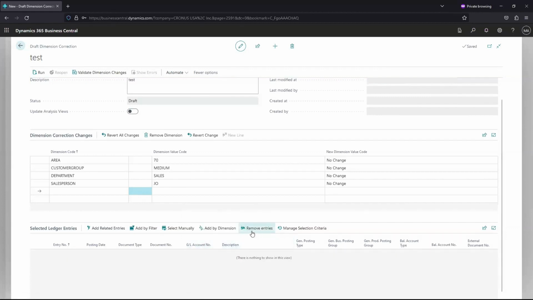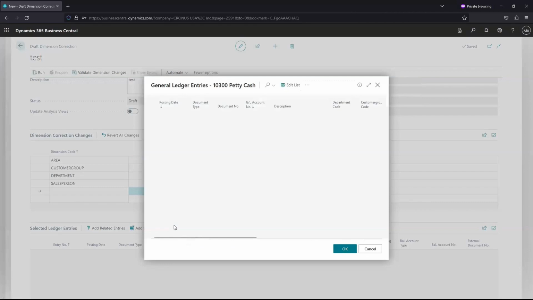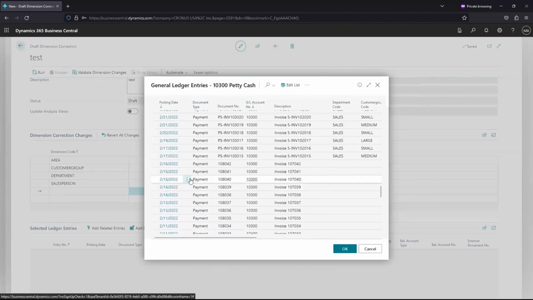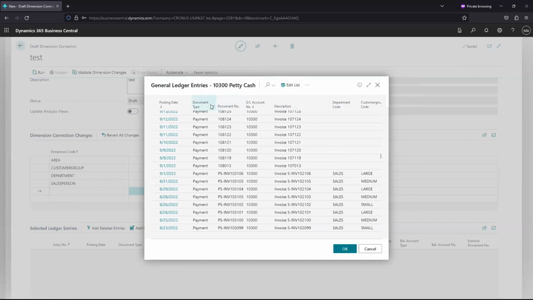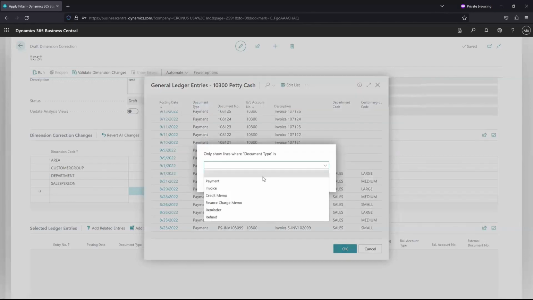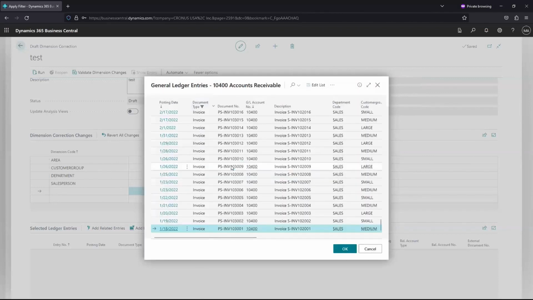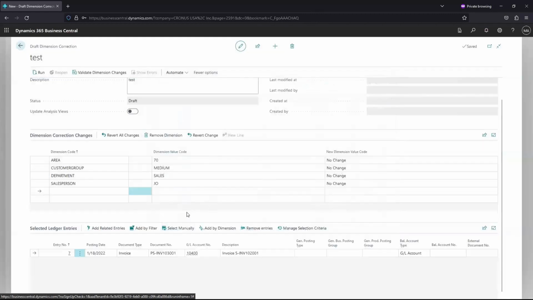Can see how that remove entries option comes into play here. Pulling the wrong thing, just click, highlight the line, click remove entries. See if we can find our invoice. And we can set filters in here as needed as well. There we go. There's our invoice 3001. We're going to highlight that, and you can see it pulls in the dimensions with the dimension value codes that